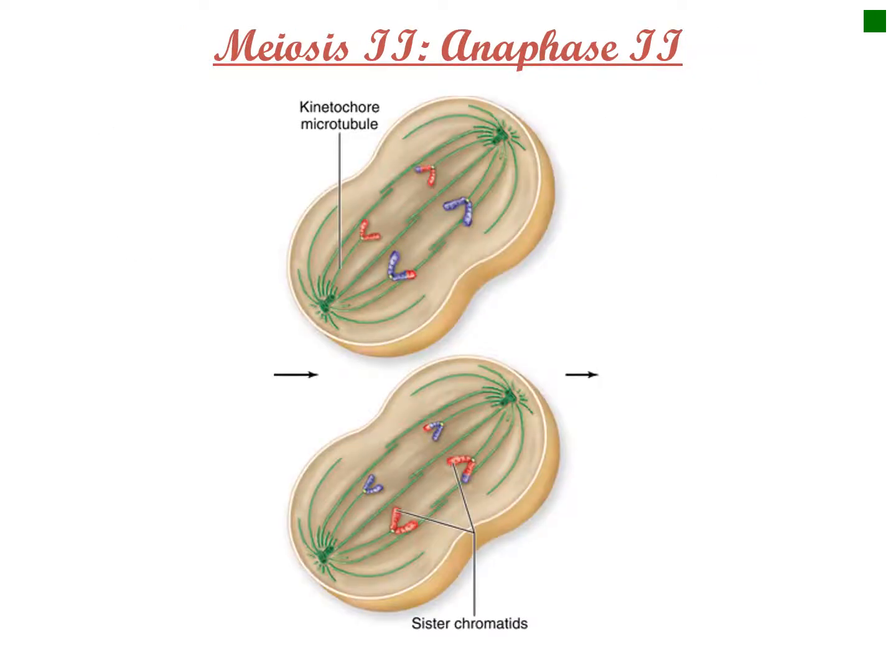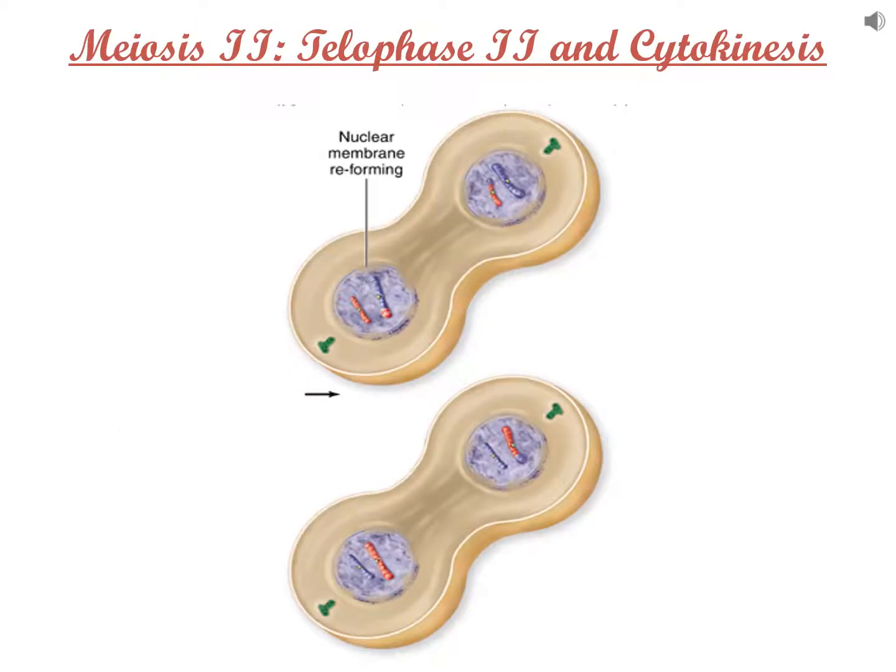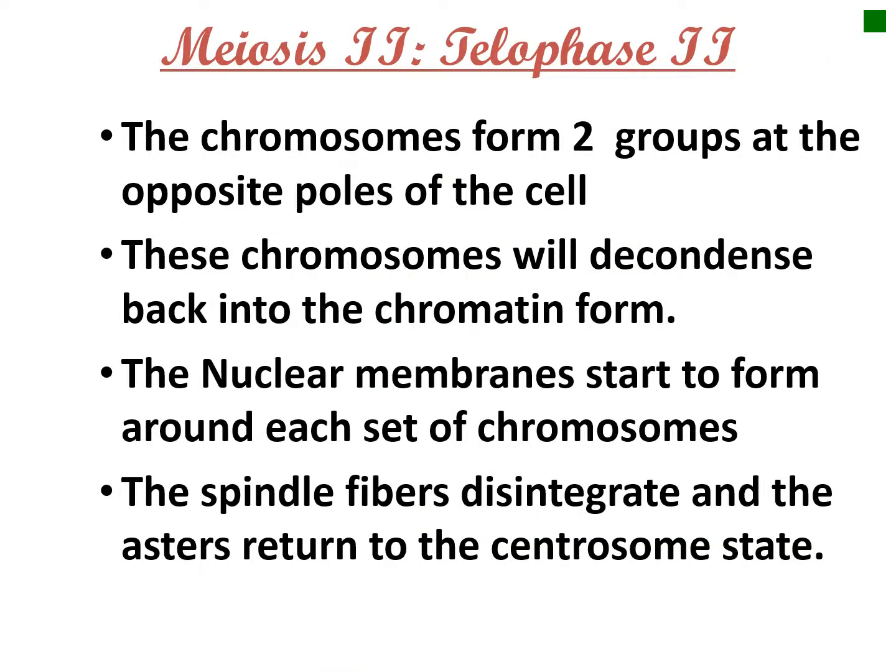Anaphase II, sister chromatids are pulled apart. Same process. So mitosis and meiosis II are the same process, but at the end, in mitosis 2 cells, in meiosis II 4 cells. Telophase II and cytokinesis, the result will be 4 cells,